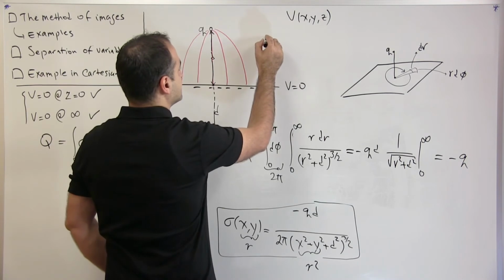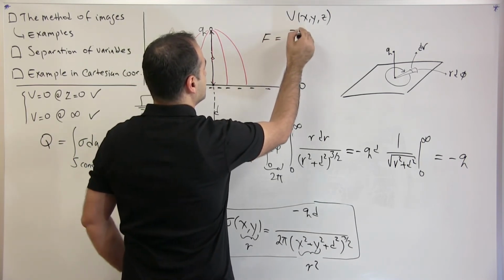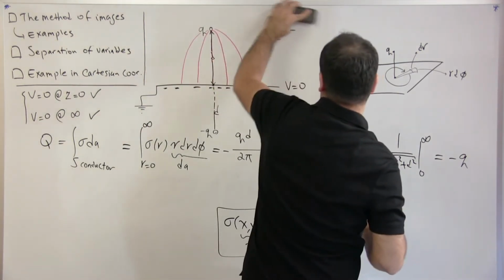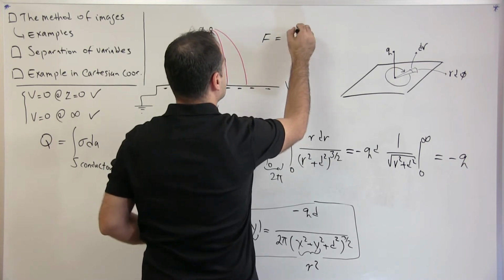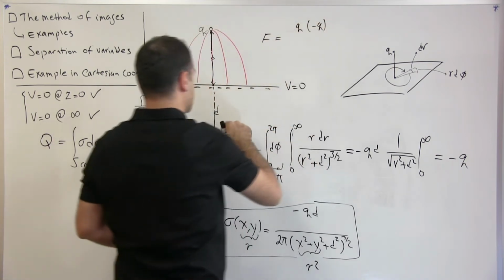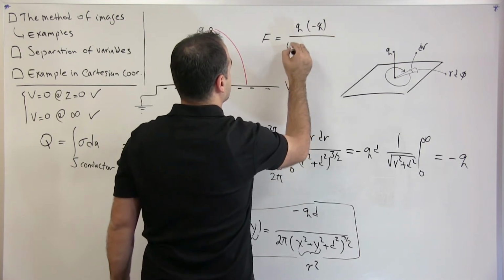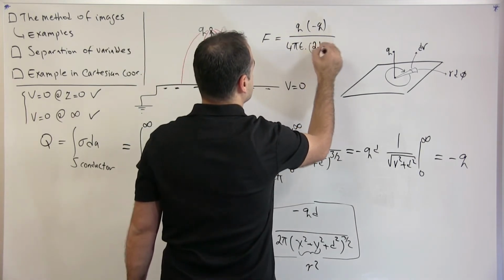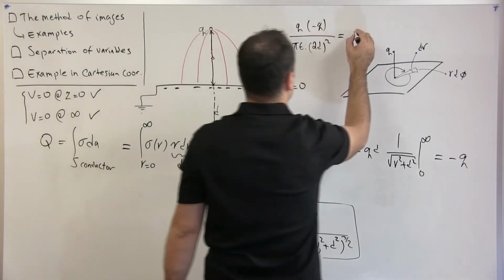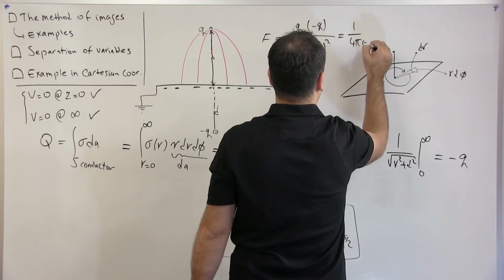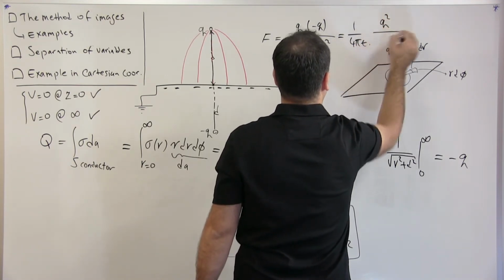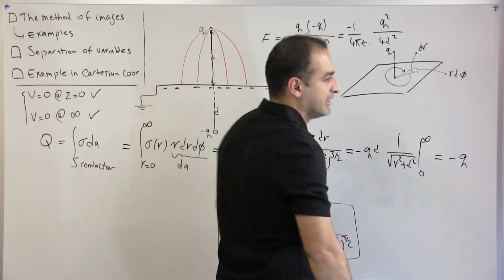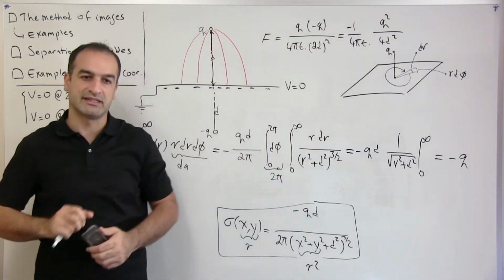And that force is the charge Q times the charge negative Q, because this is negative, over 4 pi epsilon 0 times distance to the power of 2, which is (2d) squared. So simply 1 over 4 pi epsilon 0 times Q squared over 4d squared, and of course with a negative sign,